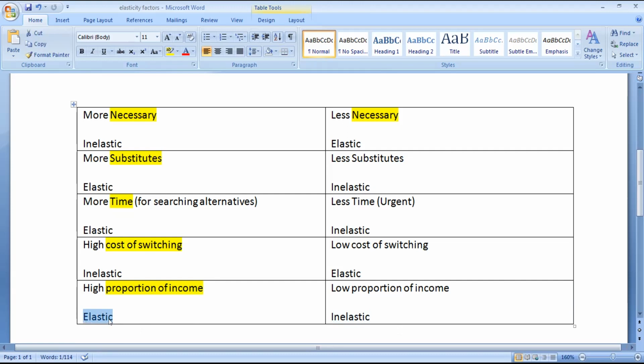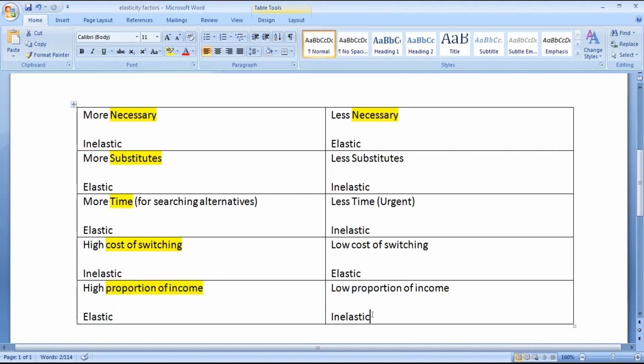because now you're very sensitive, because 1,000 ringgit is a big deal for you, right? 1,000 ringgit is maybe, let's say, 20% of your income, right? So that is why, when we spend a very large portion of our income on a particular good, for those types of goods, the demand will be elastic